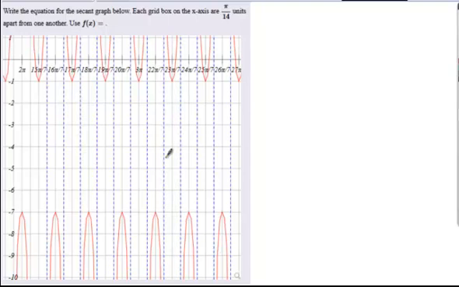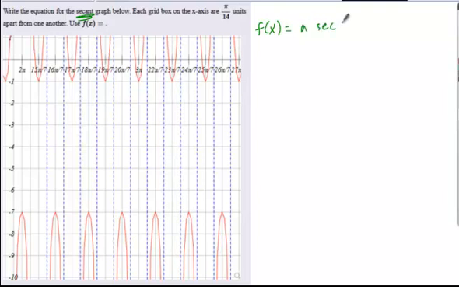When you're solving this, finding the equation that fits with this graph, they tell you it's a secant graph, but you have a couple choices. You can use a graph that has a positive leading coefficient or a negative, and I'm going to show you in both cases. Okay? So for each case, your general form is going to be some number out front times